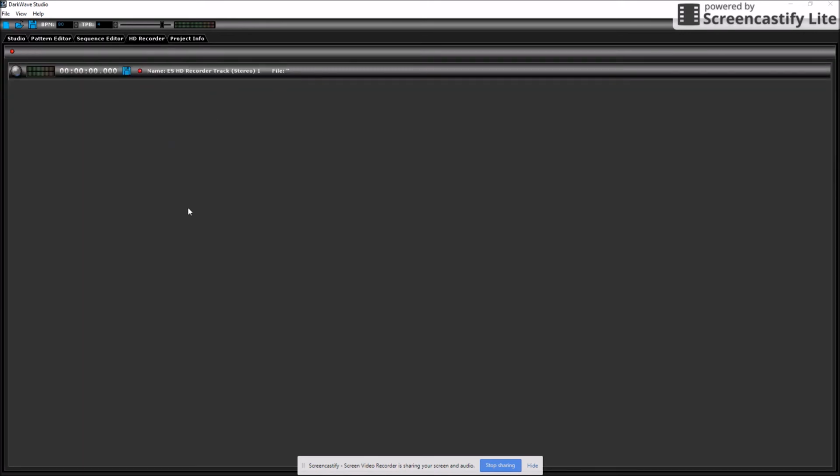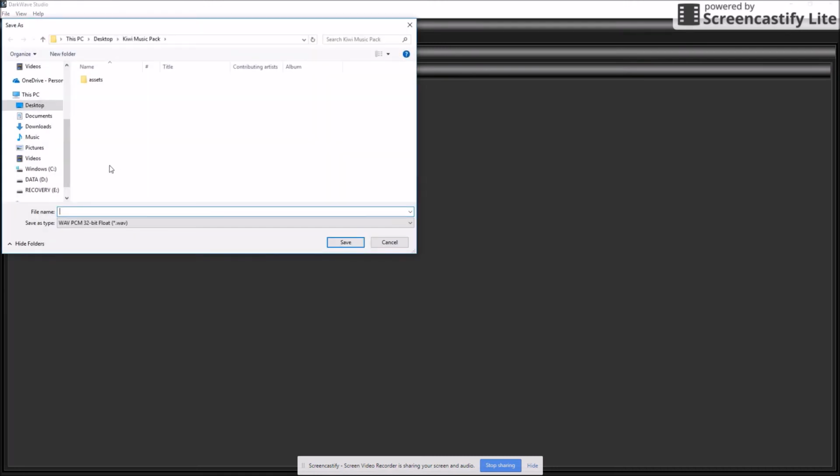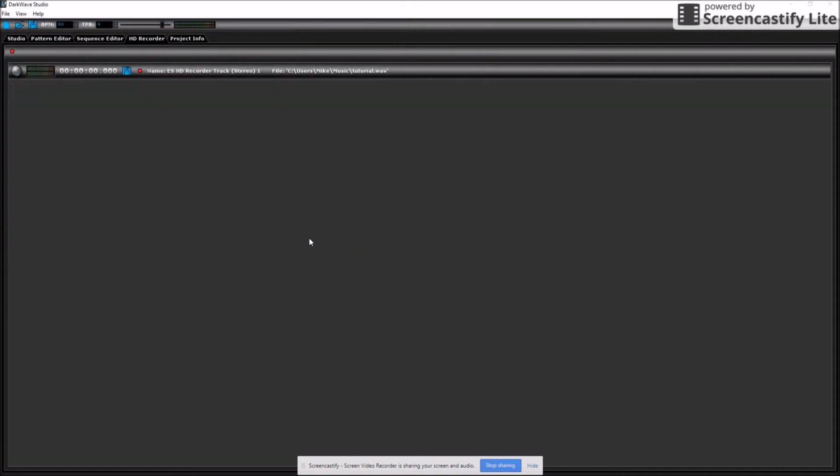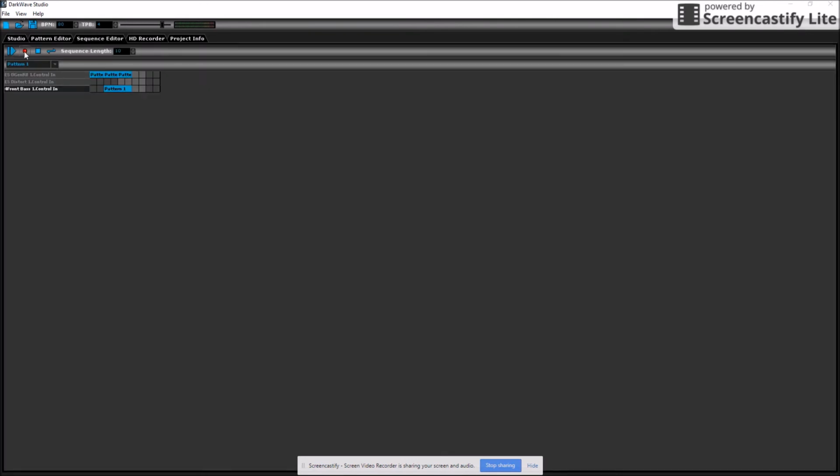And the next thing you could do is record it, and recording works a little bit weird, but basically you click select file to save to, and you could put it anywhere. So you could put it in your music folder, and you would just call it whatever you want. I'm going to call this tutorial, hit save, and if I go over here and click record song,